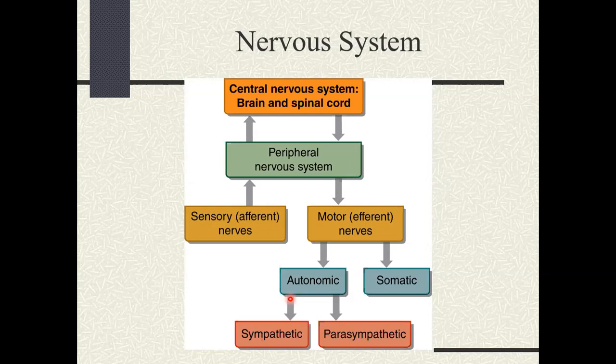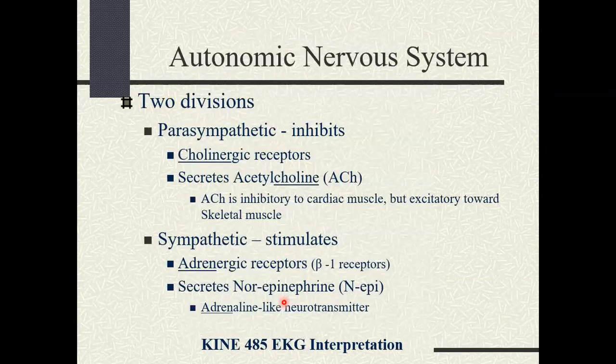When it comes to the area of the heart, we're going to be talking about our autonomic nervous system next. Specifically, we're going to talk about our sympathetic and our parasympathetic nervous system. And these are the two divisions of the autonomic nervous system. Okay. The parasympathetic, think of it as something that slows you down or inhibits. We have cholinergic receptors, and these are going to secrete acetylcholine, right, which is an inhibitory